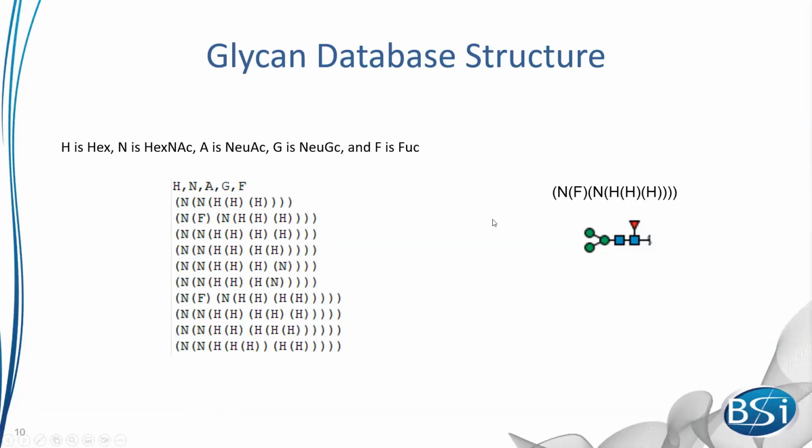And here's an example just to show how this works. Starting from the left to the right, you're going from where it attaches to the amino acid forward. So you have the hexNAc that actually attaches to the peptide, and then you have in brackets an F indicating that we have a fucose that's coming off that position here. And then the next bracket would then show where you have the next hexNAc and how that attaches to hexoses.